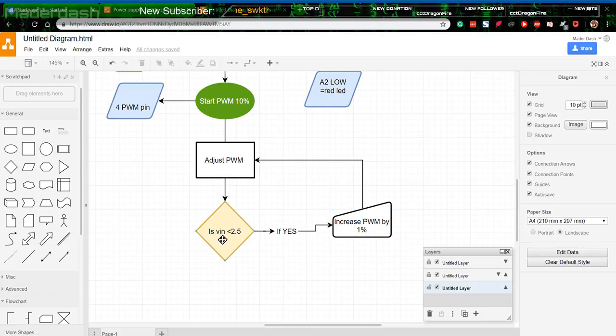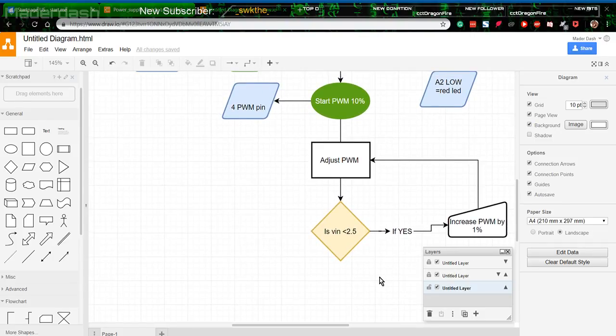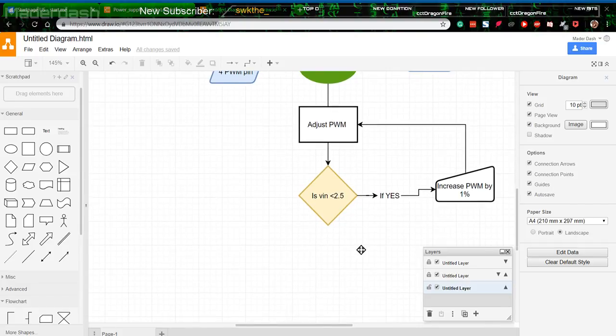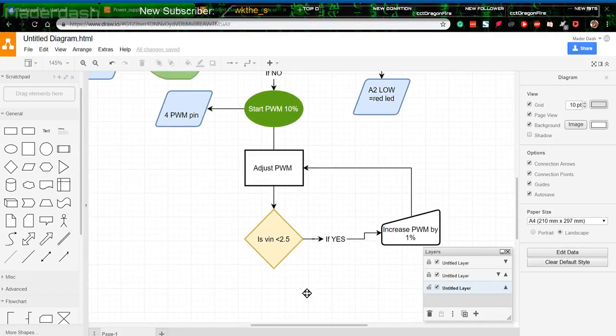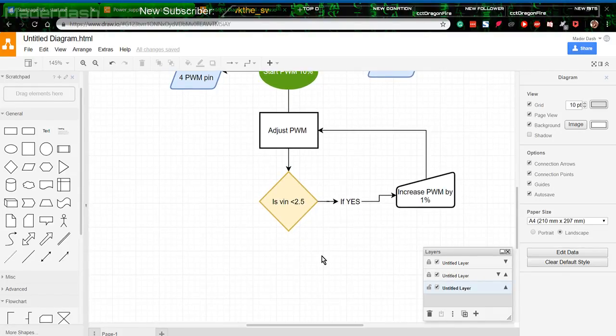Okay, and then it continues around the loop. And it'll continue to do that until VN equals 2.5. Okay, so that sounds good. Now, if not,